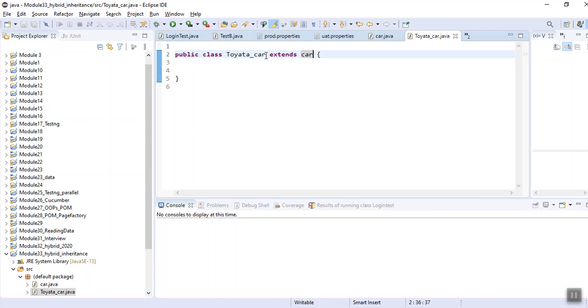Okay, it inherits all the features from car class. Getting the things? And a part of it, it can also build its own features like public void GPS.